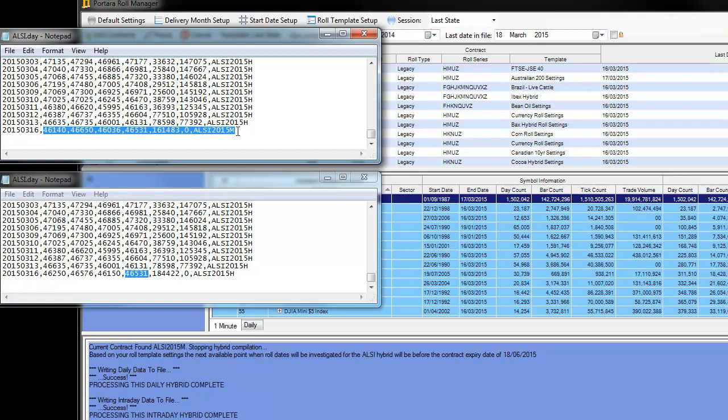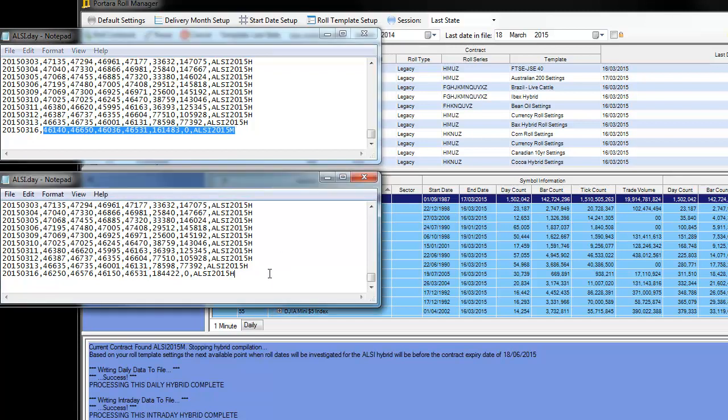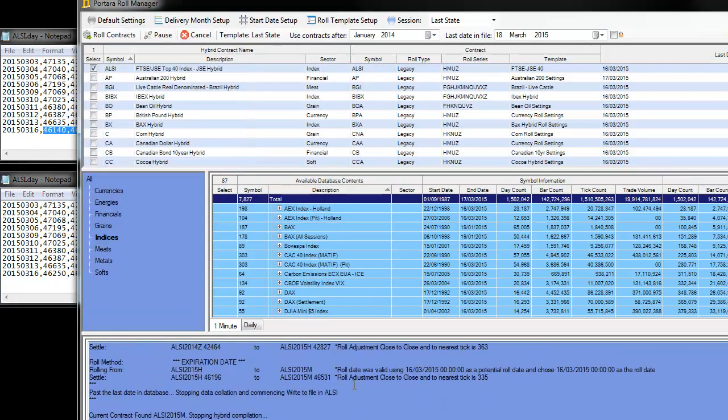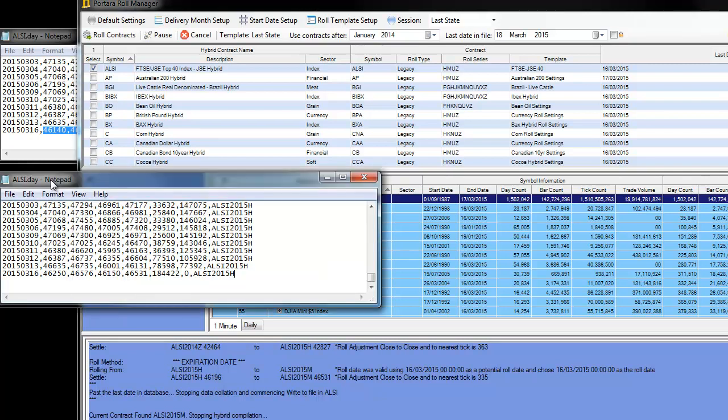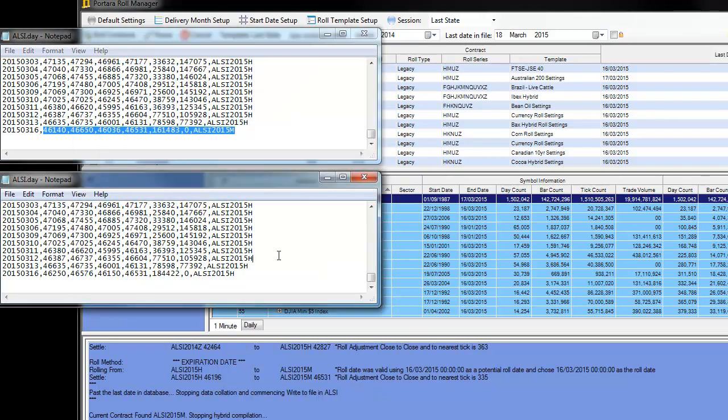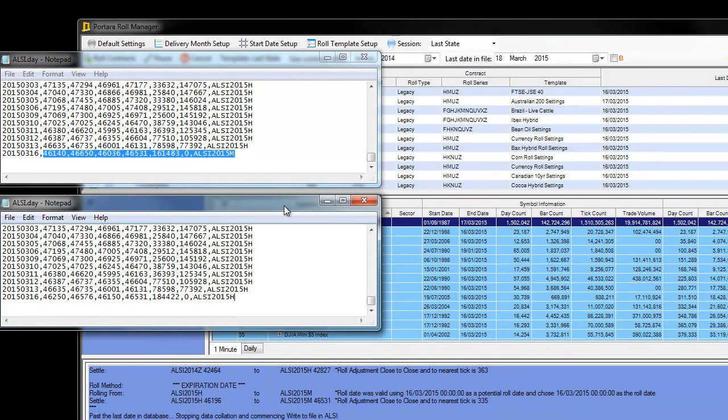Now it's up to you which setting you adopt, but you can see that if you do choose the CQG method, which a lot of the CTAs do it this way, the issue is, without referring to the roll log, when you open the data file, and a couple of CTAs have said this to me, there's no way of them knowing whether the data file is rolled by just staring into the data, and quite obviously you can see why. So what Portara has done is create something which is an aid to that,